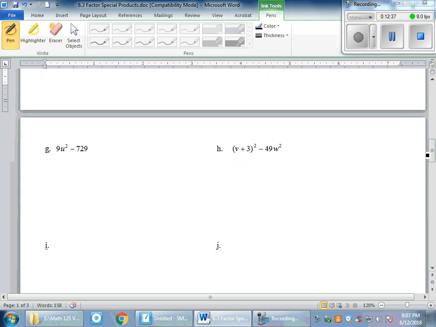Next one, 9u squared. So 9 is a perfect square number. But what about 729? Okay, 729